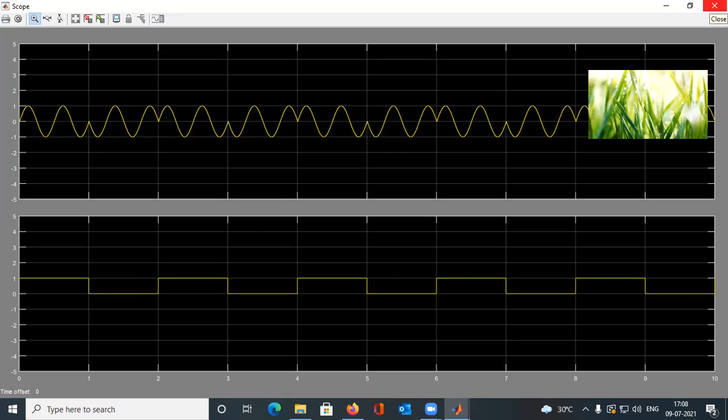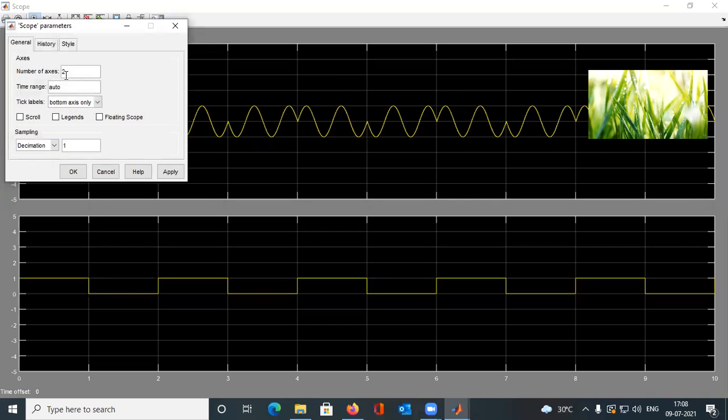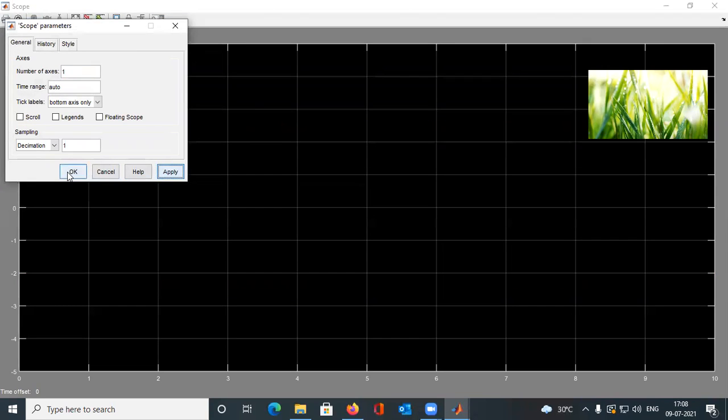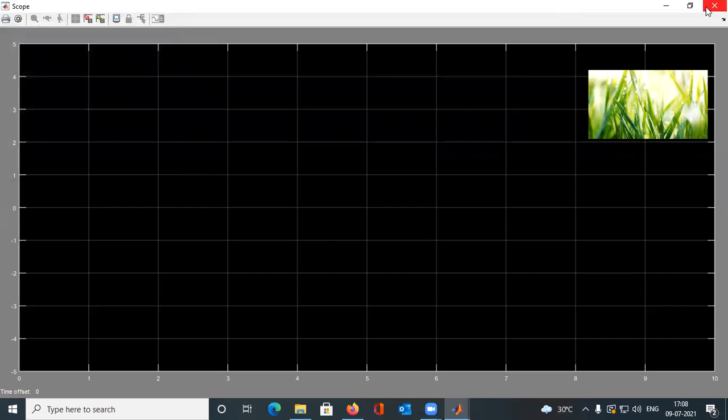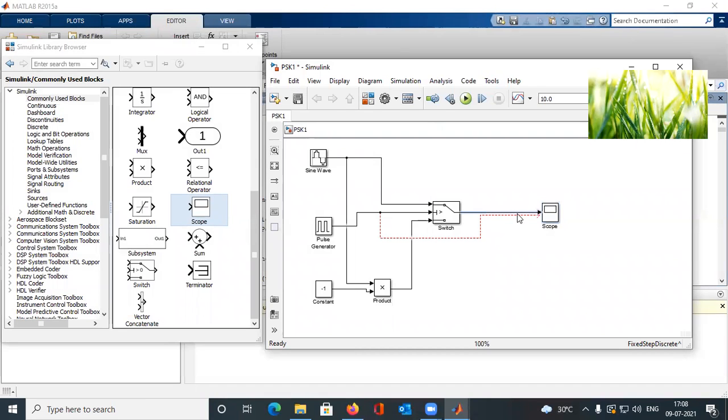But if we want to see both input and output in a single graph, then what will we do? For that purpose, we need to change this parameter from 2 to 1, apply and OK. Then we need to delete the extra line because the scope now has one input, and then we need to introduce a mux.